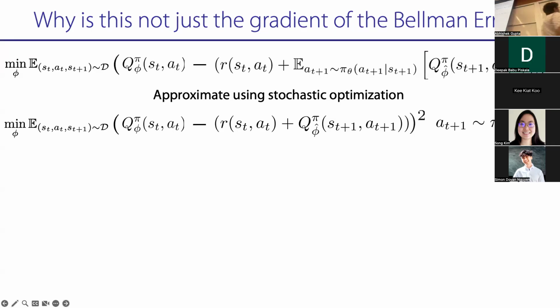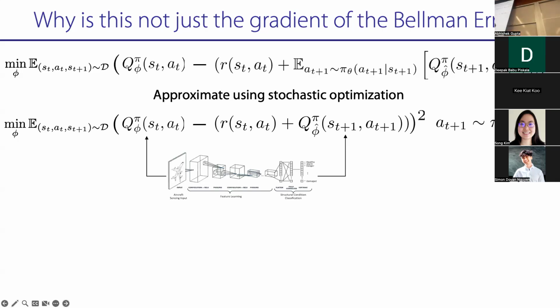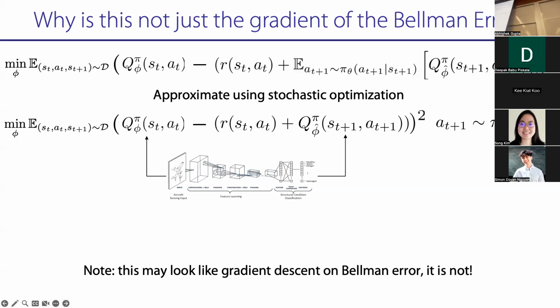The way you'd construct this into an objective is you sample S_t, A_t, S_{t+1} from your data set. Sample A_{t+1} from your policy. You construct this into an objective, and then you just do gradient descent on the parameters phi. You can represent the Q function with a neural net, and you just do stochastic gradient descent, with mini batches, right? The nice thing about this is it doesn't have to be from the same policy. So you can just take a big data set, sample mini batches and do mini batch gradient descent of this. And once you have the Q function, you can then do policy gradient with it. We'll get back to that in a sec.